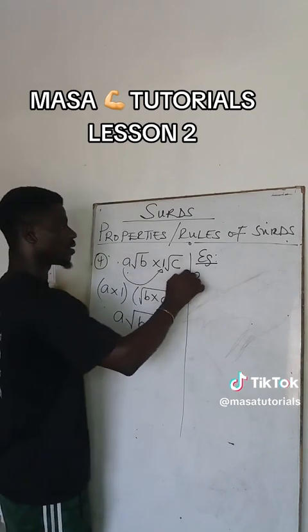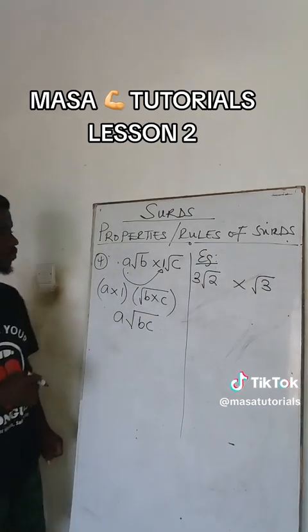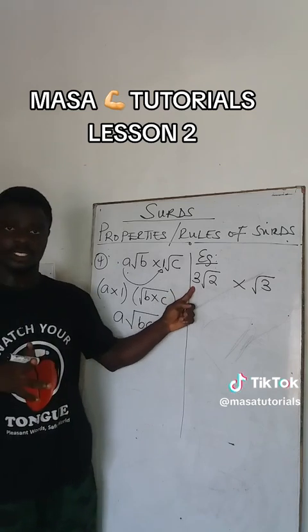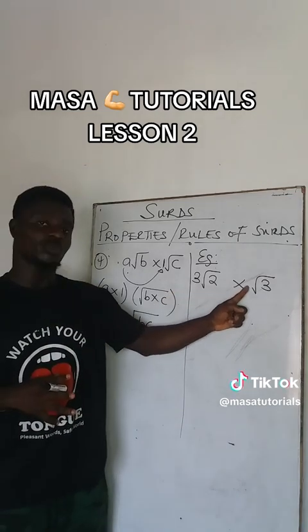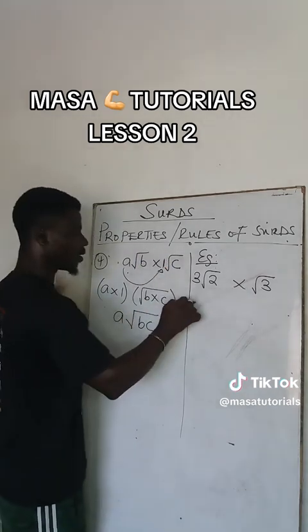Let's see an example here. If you have 3 square root of 2 times square root of 3, 3 is not inside the square root. We have an invisible number here, which is 1. It's not inside. So 3 will multiply 1. We get